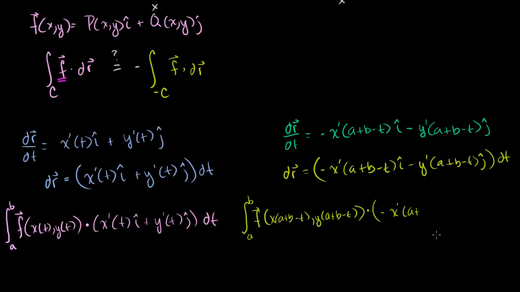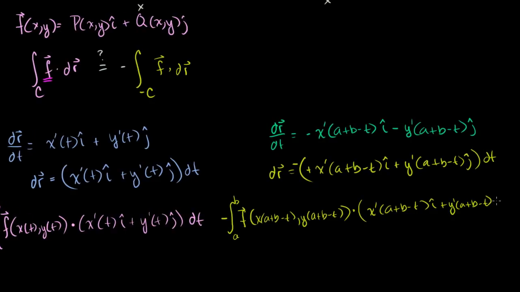I'm using up too much space. Let me go back a little bit. Actually, let me make it even simpler. Let me take this minus sign out of it. Let me put a plus, and I'll put the minus sign out front. So the minus sign is just a scalar value. So we could put that minus sign out, when you take a dot product, and if you multiply a scalar times a dot product, you could just take the scalar out. That's all I'm saying. So we can take that minus sign out to this part right here, and then you have x prime of a plus b minus t i plus y prime of a plus b minus t j